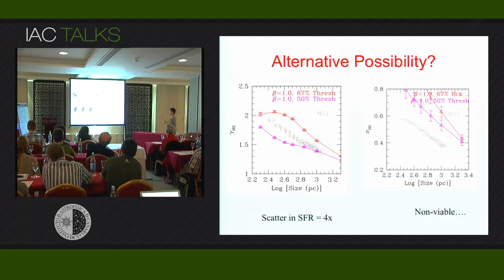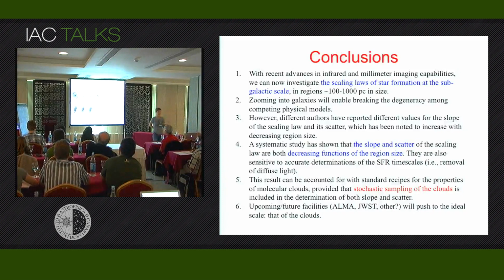I can play around with the numbers, so maybe make things a little more extreme for the direct correlation between the gas clouds and star formation rate, and remove as much of the underlying star formation rate from the clouds. So the faint clouds get more and more of the star formation rate removed, up to the point that I removed up to 50% and 67%. And actually between those two limits, the magenta and the red lines seem to have at least embraced the data. But look what happens to the sigma. Okay? Sigma becomes too steep and is completely off.